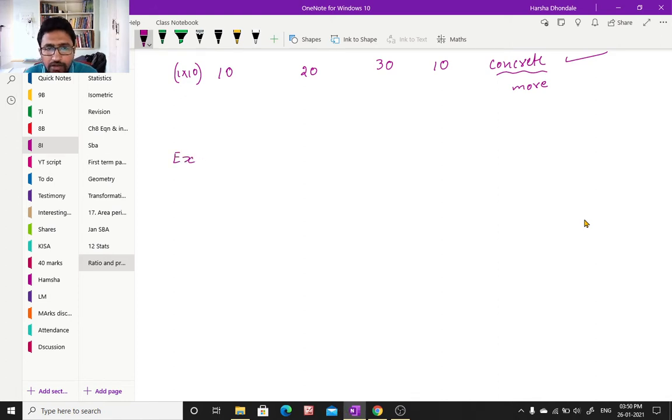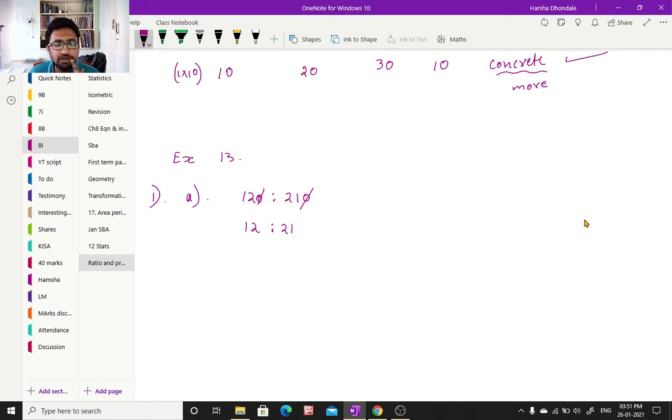Exercise 13, first problem, A. It says simplify 120 is to 210. This is a ratio. Now for a ratio, we have this convention that it has to be given in its simplest form. So what do I do to reduce it to its simplest form is, I have 120 is to 210. I can cancel this 0 and this 0. So cancelling, in the sense, what I'm doing is I am dividing the left hand side and the right hand side by 10, and then I get 12 is to 21.